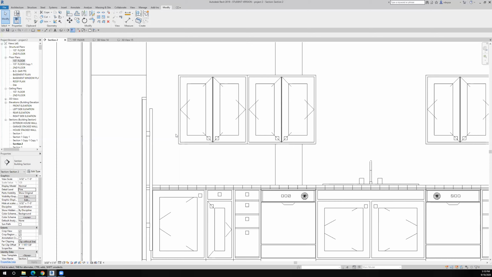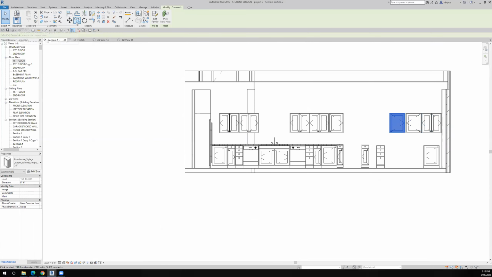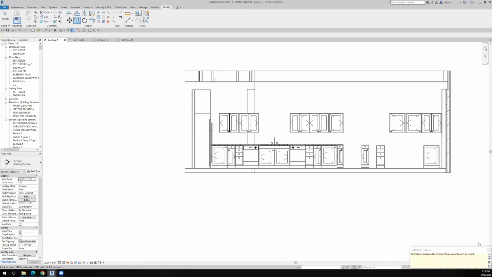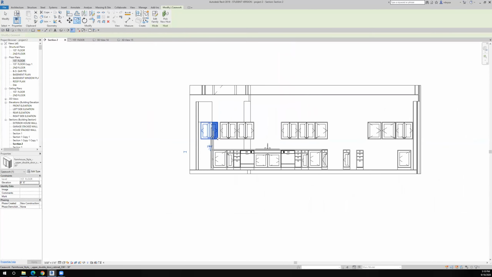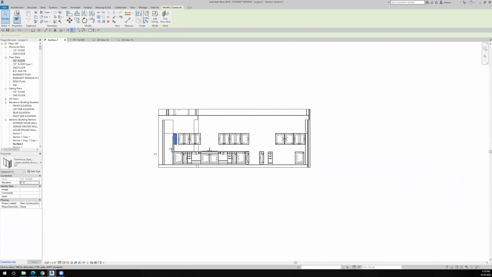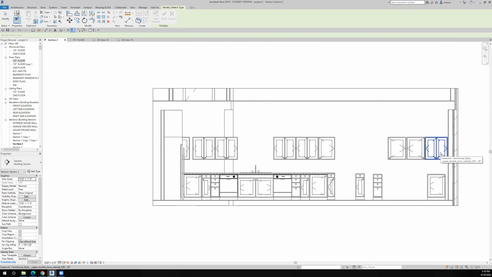So let's just put one in. I think these are doubles, yeah, those are doubles. So I'm going to come over here and just grab one, and I'll just copy it over to here. Yeah, okay, so let's copy this. It's not letting me copy it over because this wall is the host for this cabinet and this is a different wall. But now I can do the match properties. I want it to be one of the singles, and then I'll just click on that